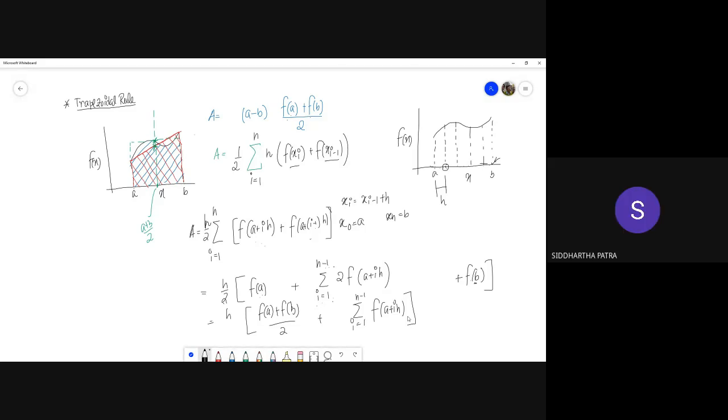So x0 and xn are not being repeated. That's why, for the remaining values, these are the limits of each segment. For all the xi from i equals 1 to n minus 1, the term f(xi) appears twice. If you continue this process, that's why you can rather use this more compact form.